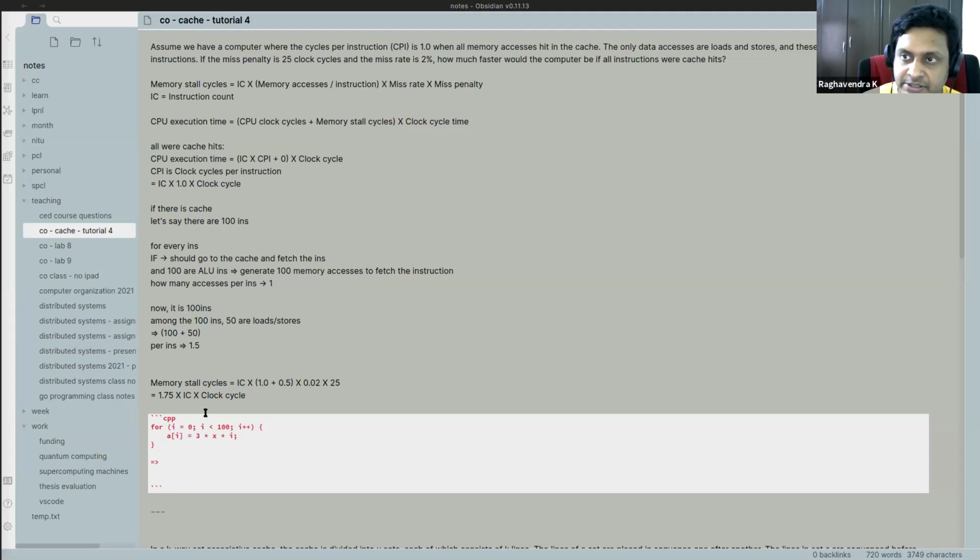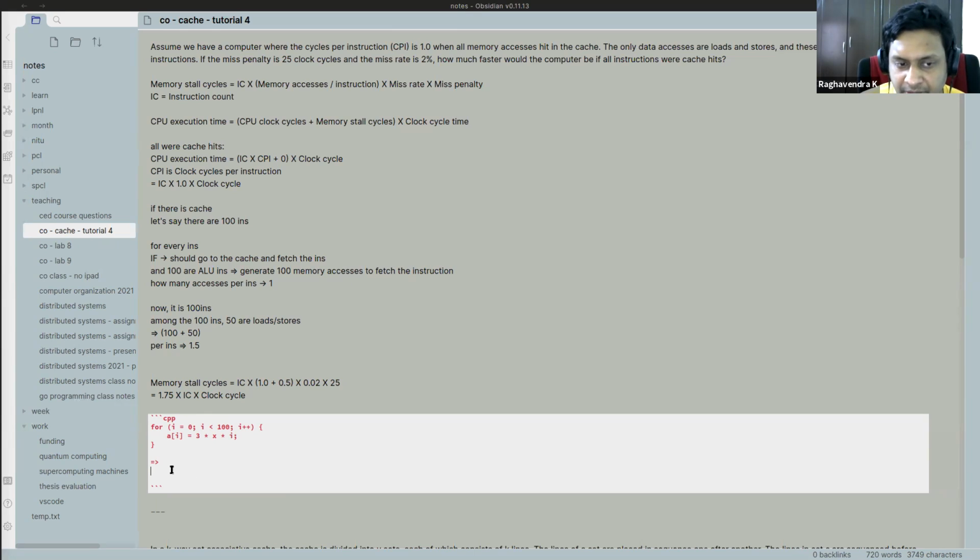What is the branch instruction checking? Whether I is less than 100 or not. Right? So now for every instruction, you have a branch instruction. But you already know that a branch instruction is pretty bad to have, so I want as few branch instructions as possible. Why? Because branch instructions need the branch predictor to be accurate. Even if the branch prediction goes wrong, you will have to flush the pipeline and fetch all the instructions from the target again. Right? So I hope you remember that.